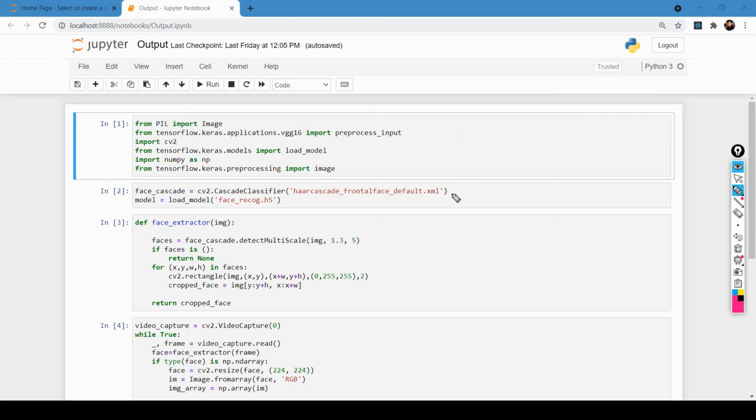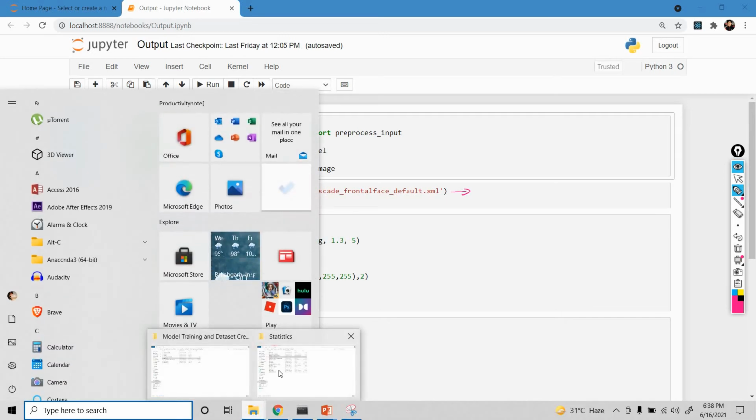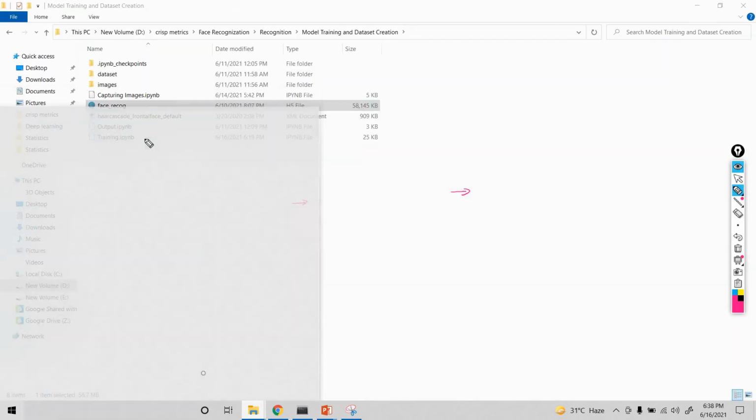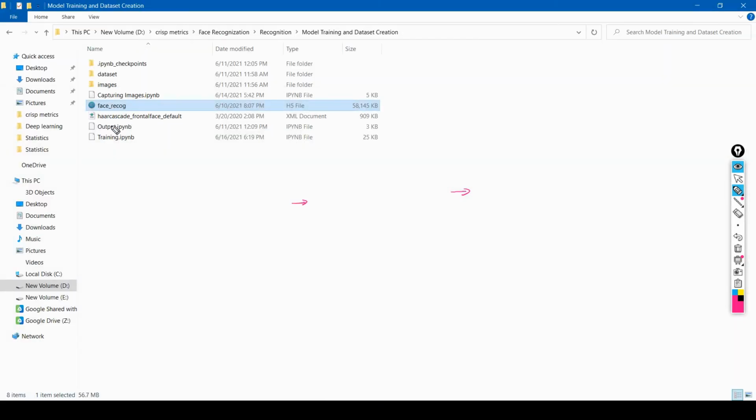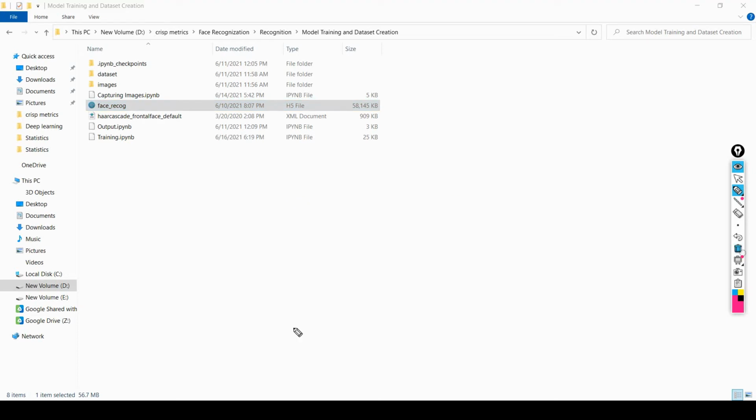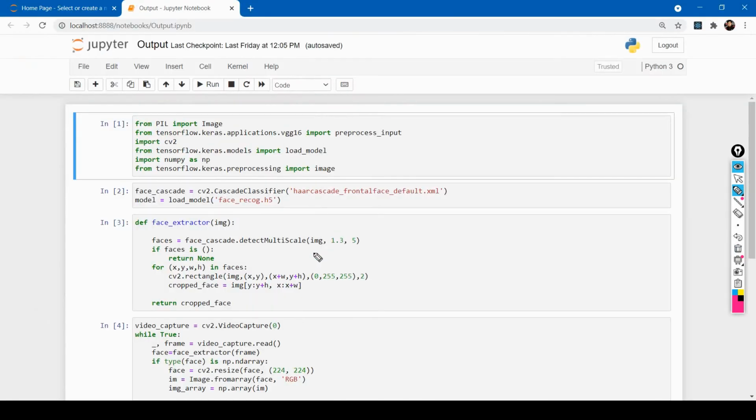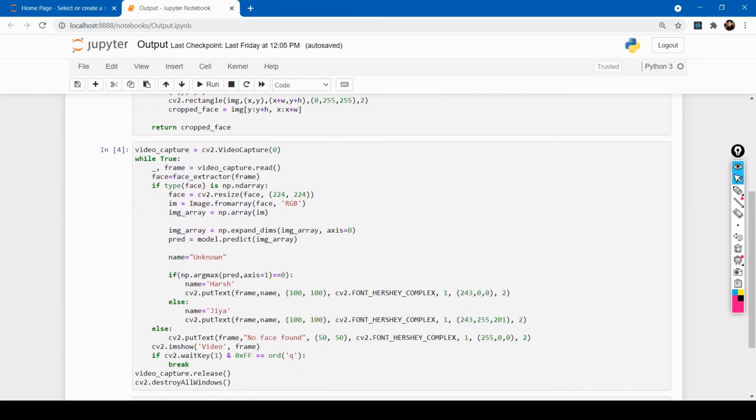Okay, so guys, first of all, try to import this Cascade and recognition file. I hope you remember that I have these files in my folder, the face recognition system and your Cascade file. So let's go ahead and try to understand. This is the same code that I have written.